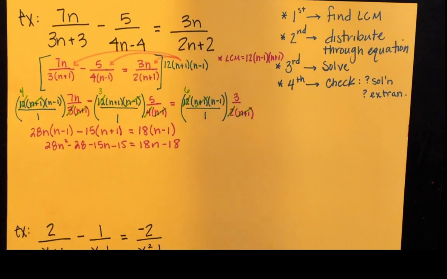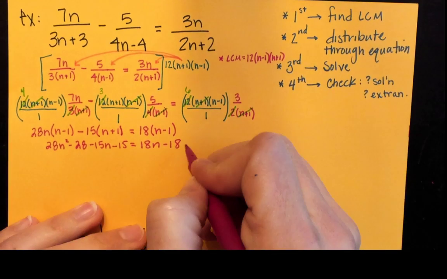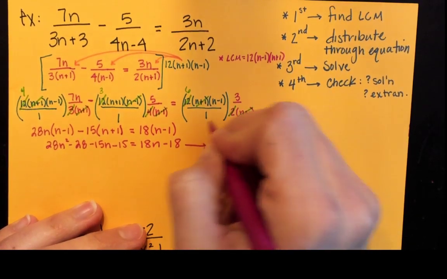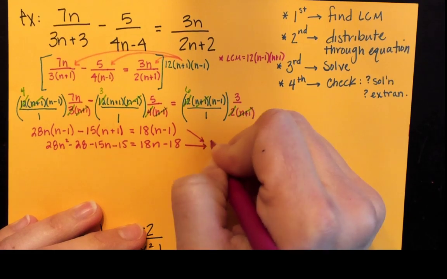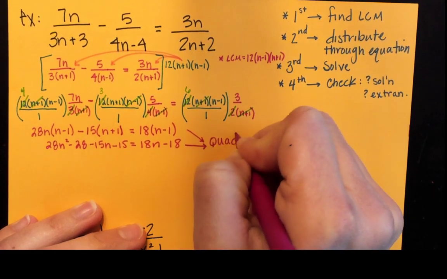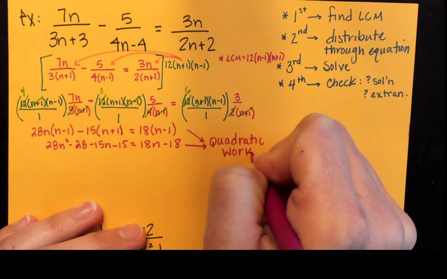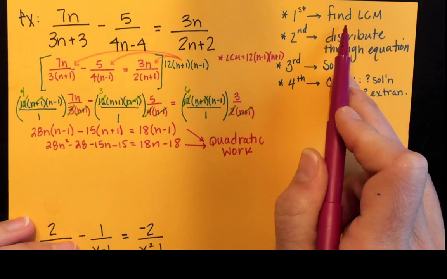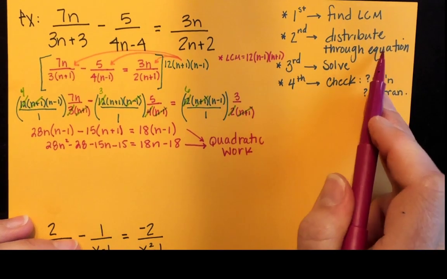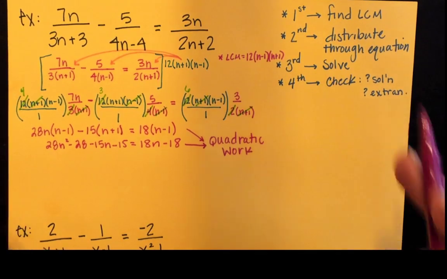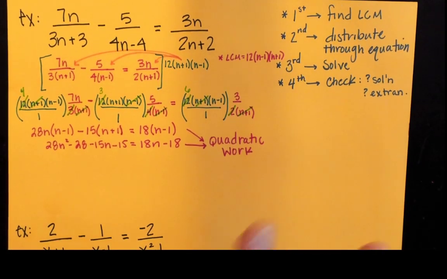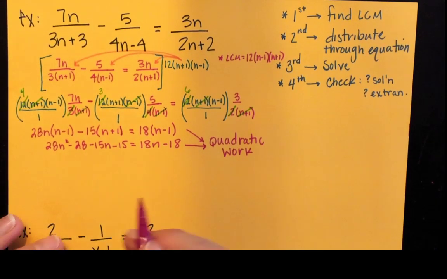Now, at this point, everything from this chapter is done. At this point, this is all quadratic work. So we found our LCM, we distributed it through the equation. Now we're going to solve, regardless of how. We use all of those past skills to do so. So this should now be,